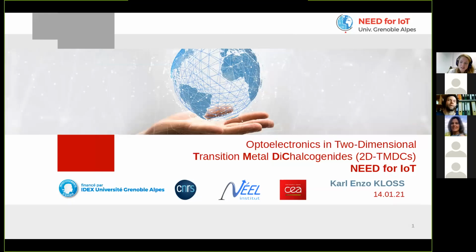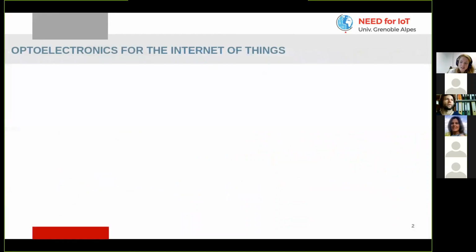Okay. So my name is Enzo Kloss, and I'm going to be talking about optoelectronics in two-dimensional transition metal dichalcogenides, or 2D TMDCs for short. This is a collaboration between the Yale Institute of the CNRS in Grenoble and the CELETI, as part of the project. So Pauline has already made a strong case for optoelectronics and 2D materials, but I'm going to summarize a